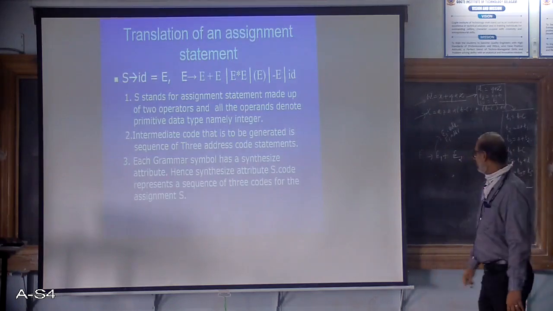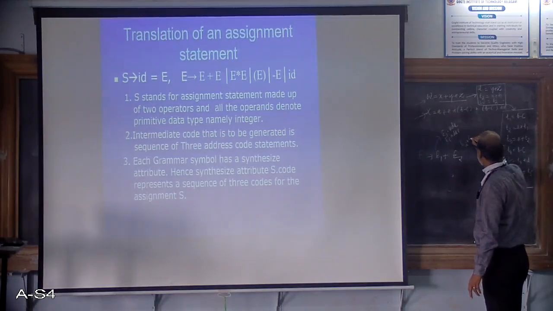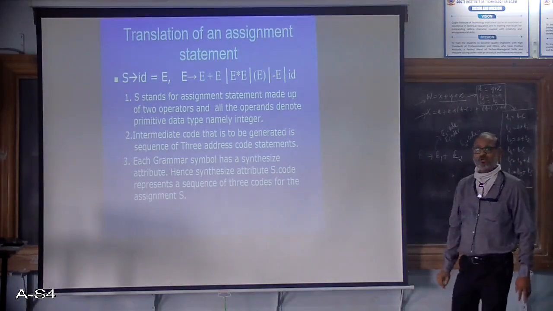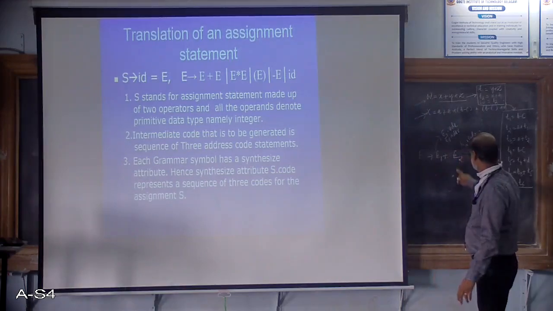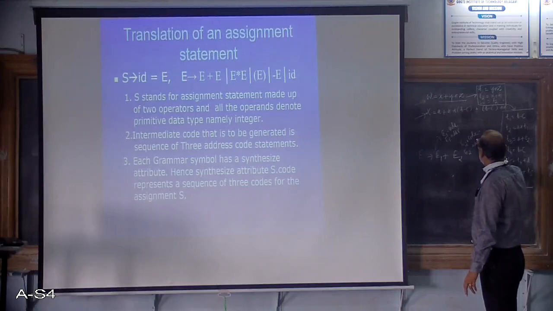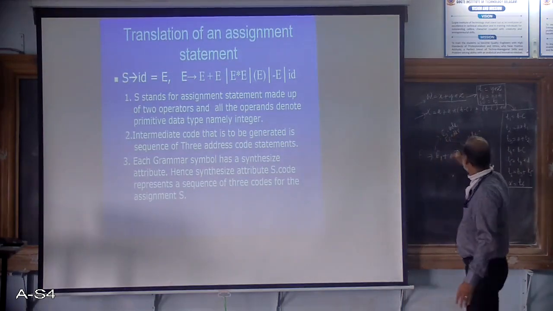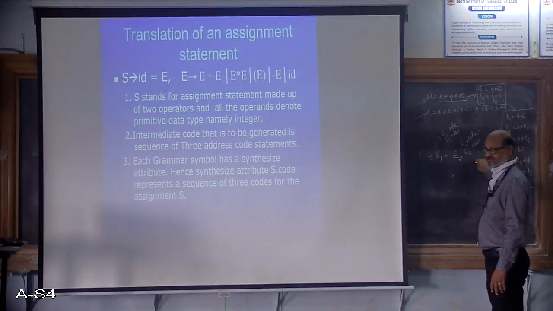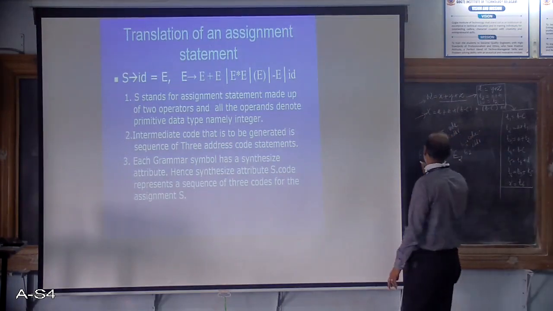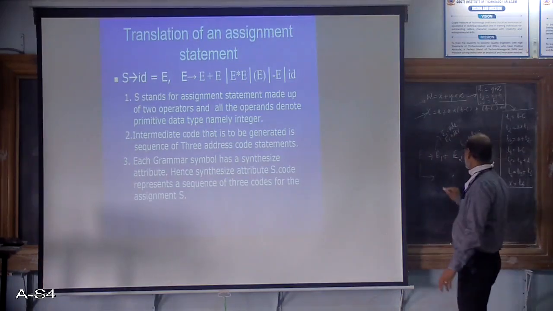Okay. Similarly, I can have E2 equal to E2.address, E2.code, sorry, E2.code is the sequence of 3 address codes evaluating this expression, and E2.address is the value associated. So before the reduction, all these things are available with us. Now at the left hand side of the production, which is the head of the production, you also